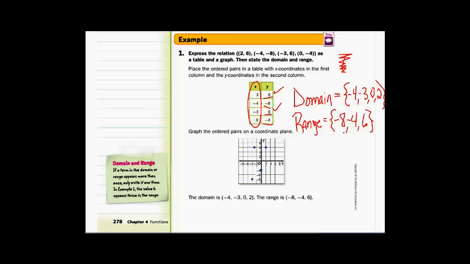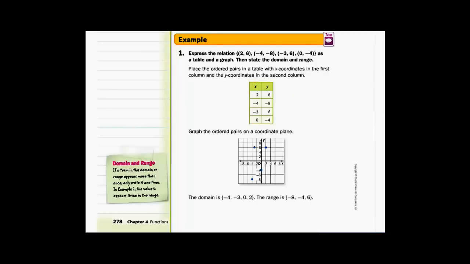Whenever I list the range, I mean what are the possible outcomes? What are the outcomes if I substitute these numbers in there? You don't need to have an outcome listed as 6 more than once. So we know that there's a 6, so you just list it once and move on. So domain, negative 4, negative 3, 0, 2. Range, negative 8, negative 4, and 6. And you take that information right there from the chart. Okay. So let's move on down